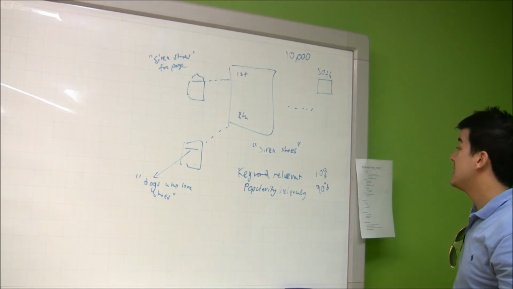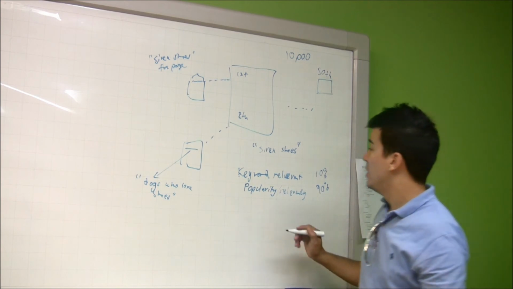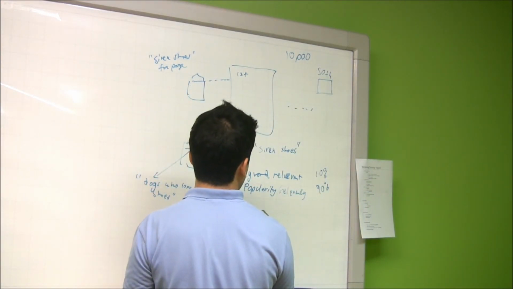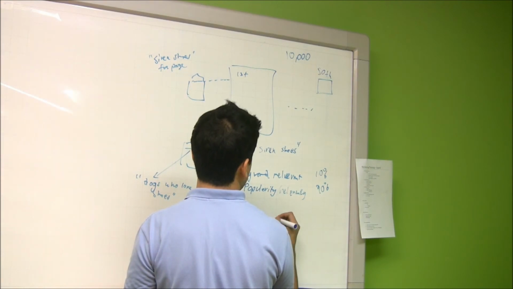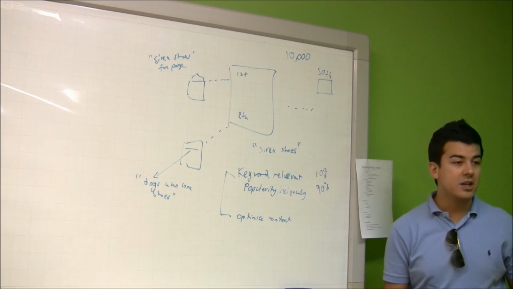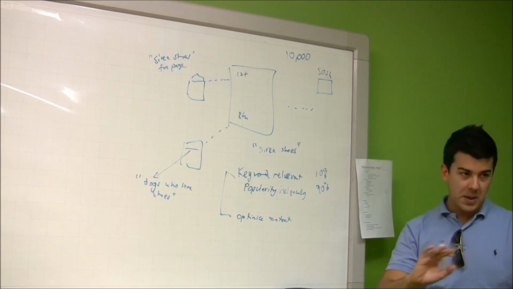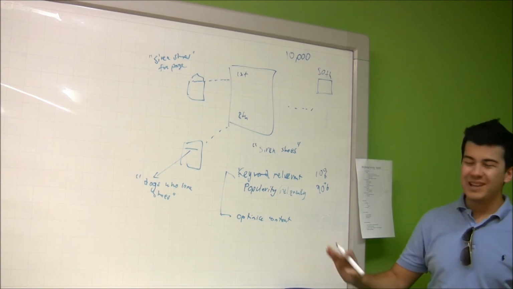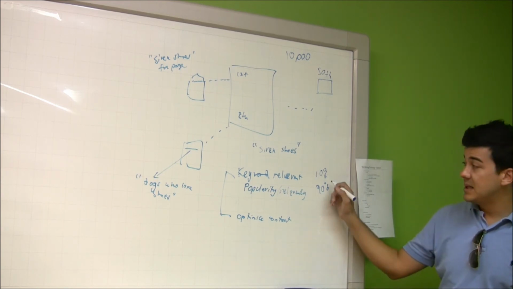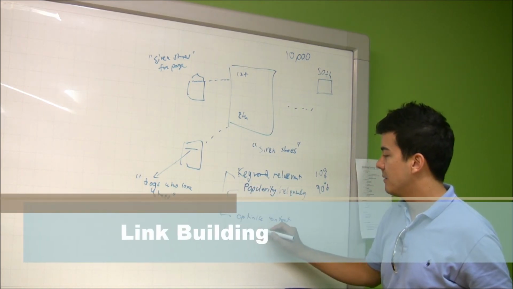So now what does SEO do? SEO works on these two. What it does for keyword relevancy is it optimizes content. So you go through your site and you make sure siren shoes is all over your site, in every page. This is really simplistic, but that's what they do. They optimize the content. But that's only 10%. The majority is link building.